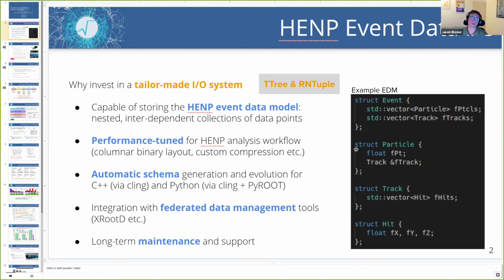And a columnar layout for variable length collections is something that only very few other products support on the market. There's Apache Arrow and Apache Parquet, and that's pretty much it next to Root. Now, one very unique feature of the Root I/O is the close connection to Cling, and with PyRoot also Python. Which means that we can generate the schema of our data automatically from the C++ code, and that is